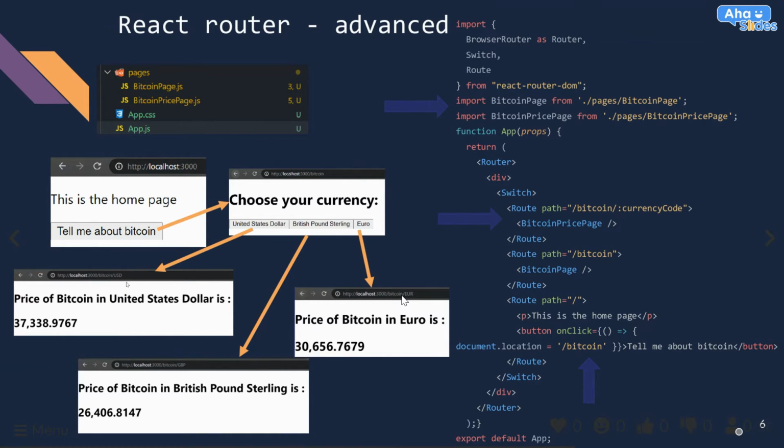And what I want to happen is that when I go to /Bitcoin/ this dynamic component, I want to be able to read that variable. So if you see here in the router, there you can use this thing, the 2 dots. And this 2 dots is pretty much like a standard in dynamic routing, even if you use that in your API creation in Express.js, you can use the same logic, right?